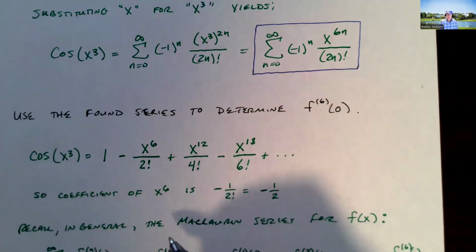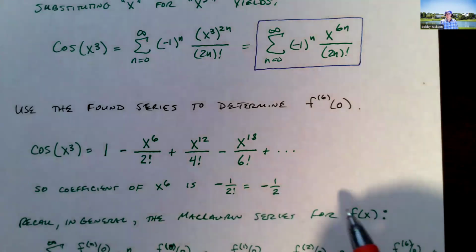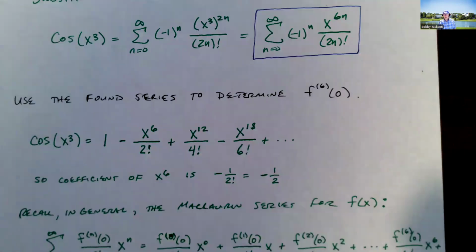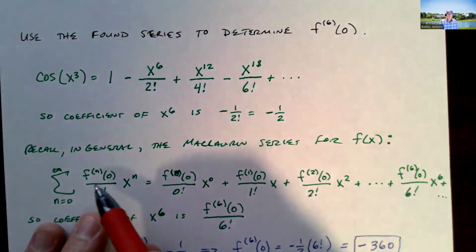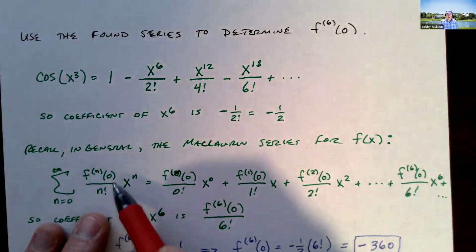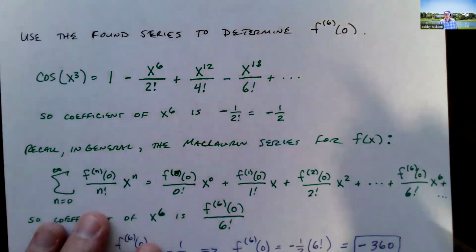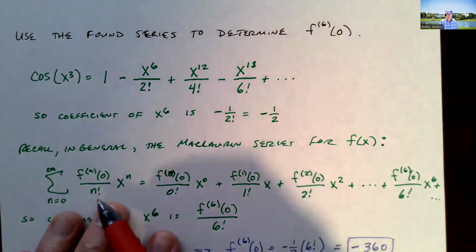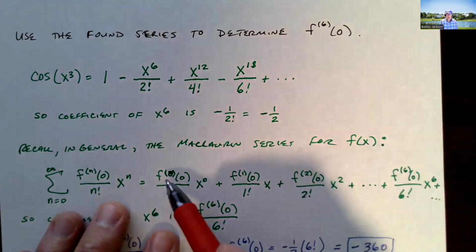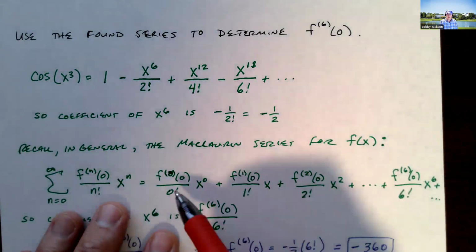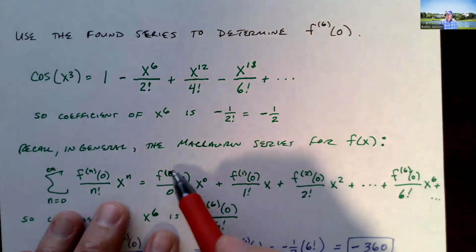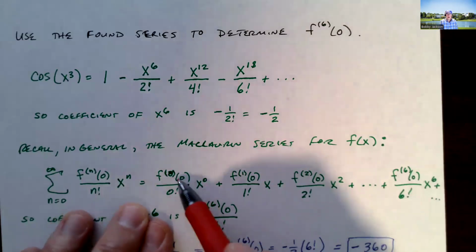Now, in general, remember we define the Maclaurin series for a function as a Taylor series centered about 0, so it looks like this, right? N equals 0 to infinity, the nth derivative evaluated at 0 over n factorial. Remember, this was the c sub n when we're centered about 0. We derived that formula for generating the Taylor series, the power series representation of a function. So when n is 0, I get the 0th derivative, which is the function itself, evaluated at 0 over 0 factorial. So this is just the function evaluated at 0,